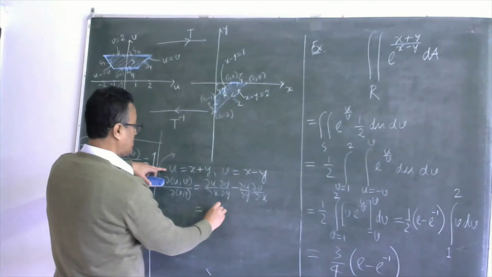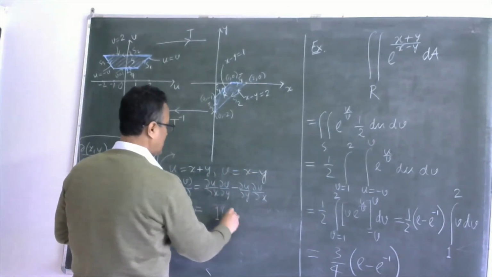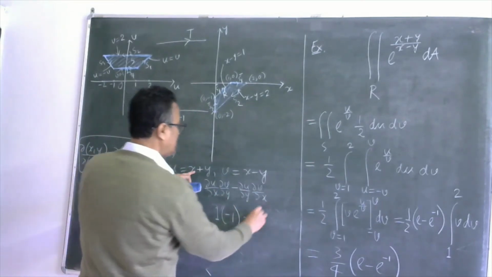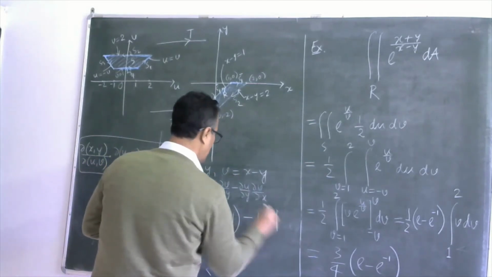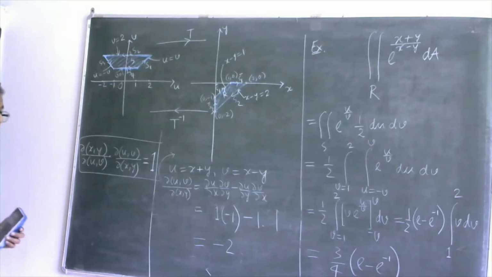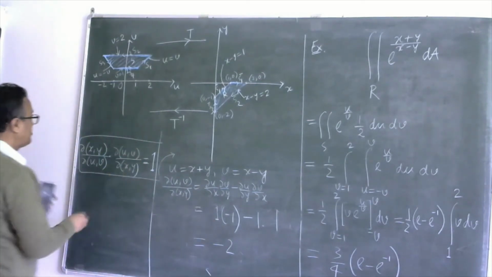Del u, del x is 1. Del v, del y is minus 1, and again del u, del y is 1, and del v, del x is again 1. So eventually this would have given you minus half, right? So now if you plug this minus half in here, you can easily see that